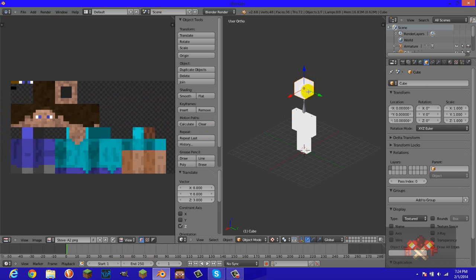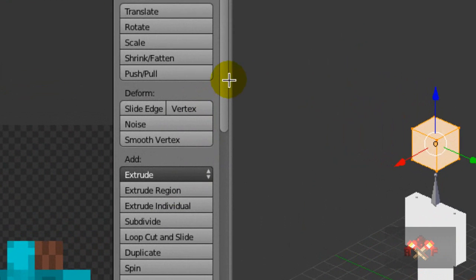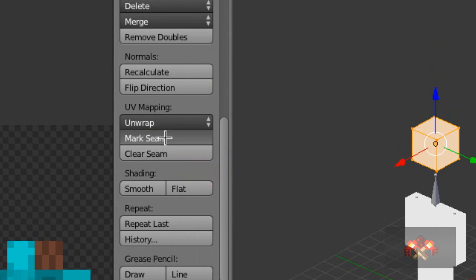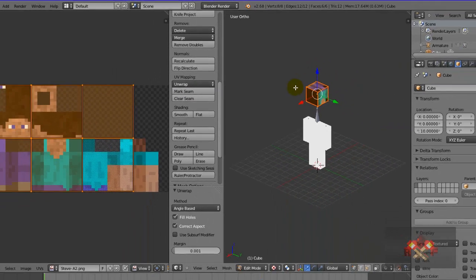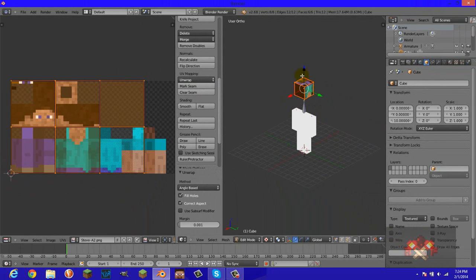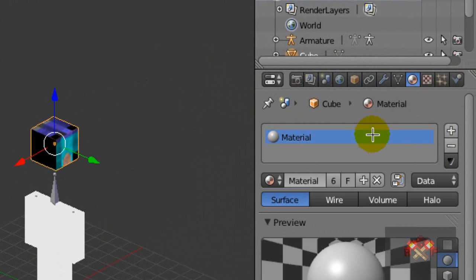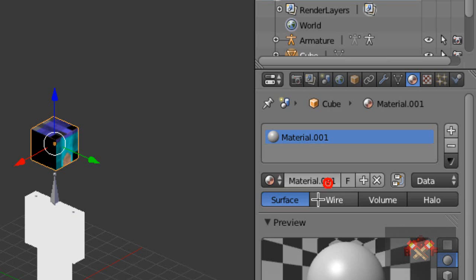So then what you want to do on this screen, press tab to go into edit mode, and then scroll down in this bar, and then click mark seam, unwrap, and then unwrap. And see, it has this texture here. Now here's what you want to do. Make sure you go into object mode before you do this. If this material is here, press the minus button over here, then click new,